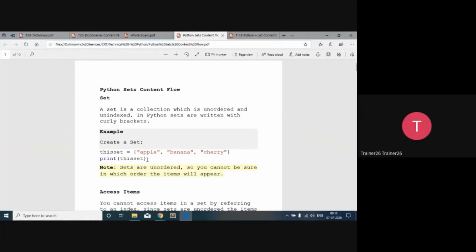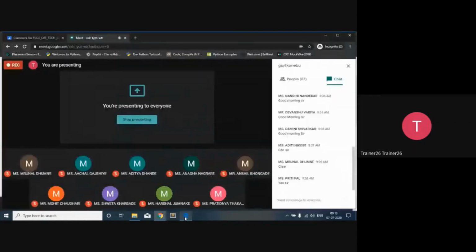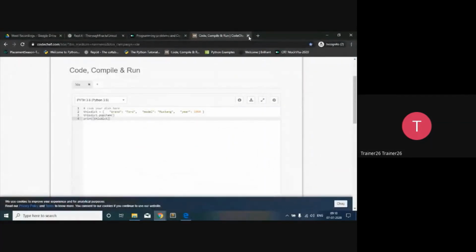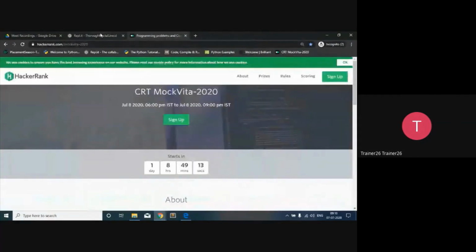So let's declare a set. This is the set that we want to declare, and inside the curly braces we will give different values, and we'll separate those values with commas.